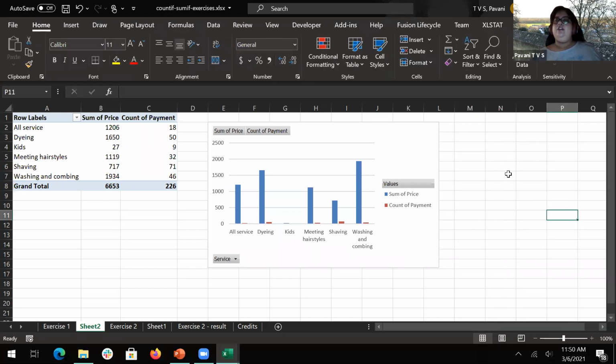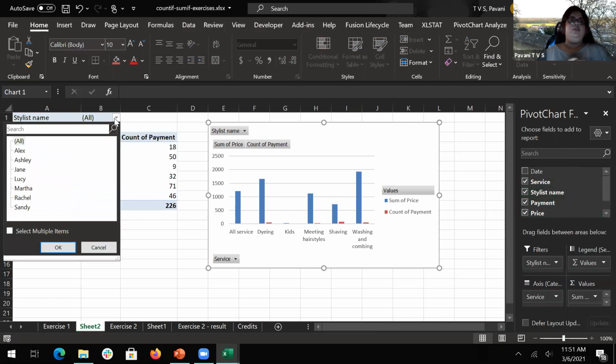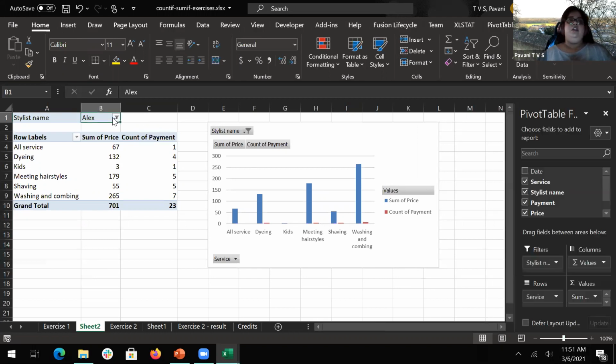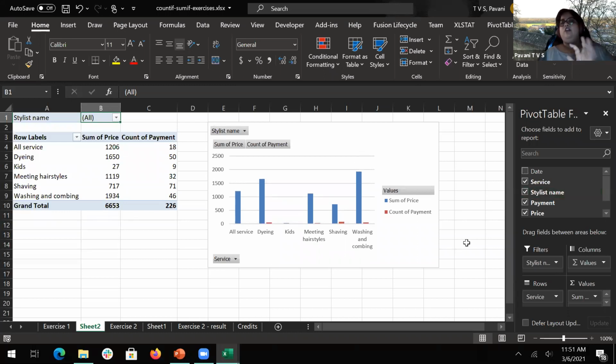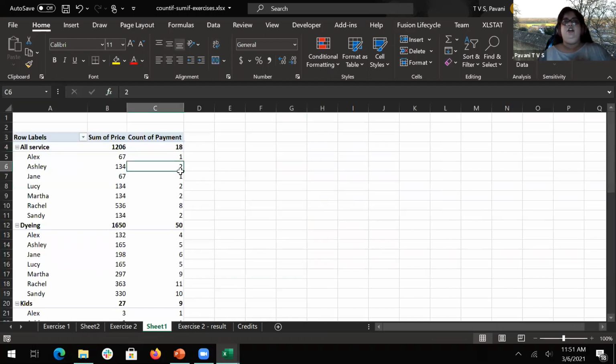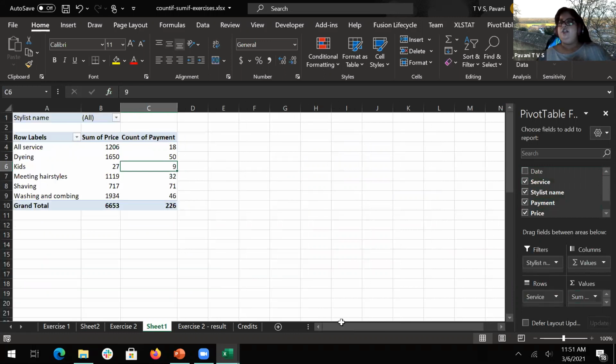And if you click anything outside the cell, outside this particular table, then it will not give you that legend. This is called as legend, where the information you can do filters. Say if you want to filter by stylus name, so you want just only for Alex, then it will give you Alex details. If you want to give it for all, you can give it for all. So like this, you can play around with pivots, pivot tables, and same here also you can do the same thing. When you're giving this information, right? In this say stylus name, I gave it as filters.